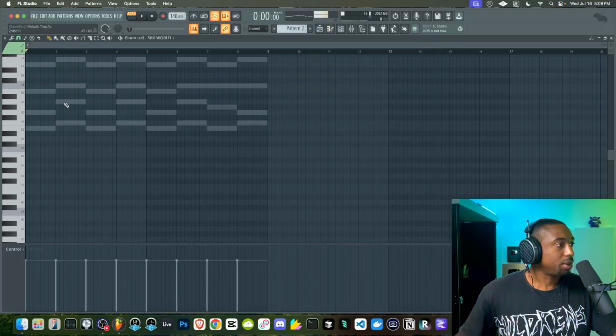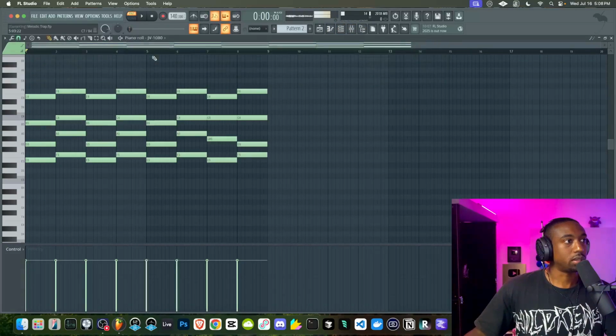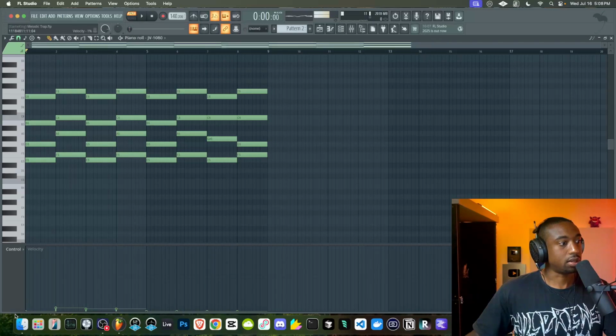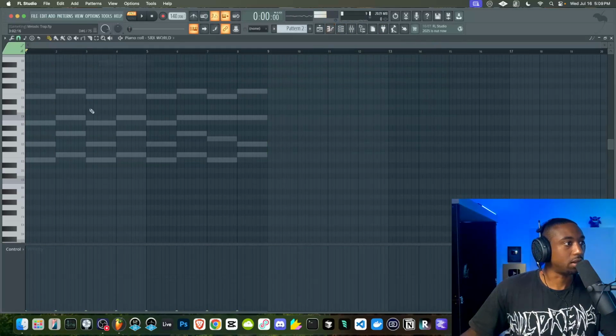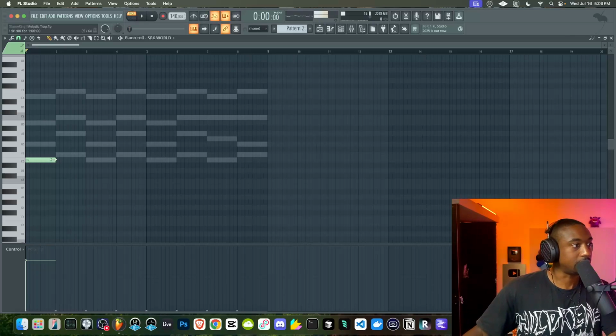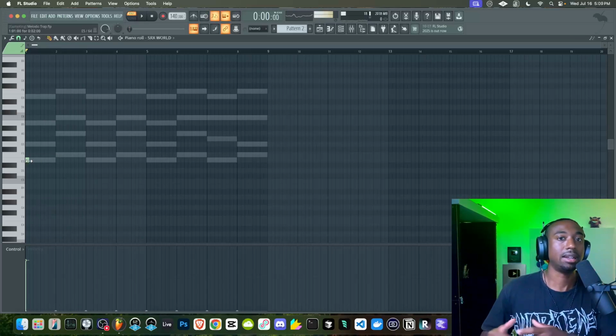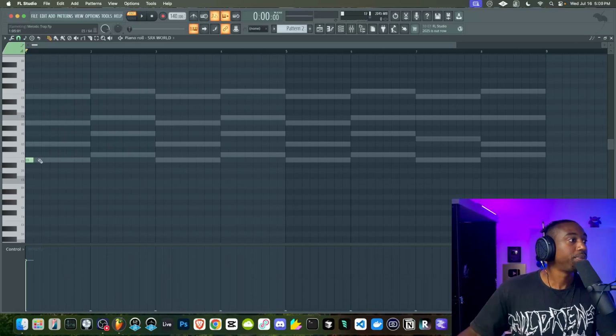So let's right click, go to the piano roll. And now we can have these as ghost notes. So what I'll do to turn off the volume is go to the velocity, turn these all down to 0. So it shouldn't trigger any sound, but we can visually see them as ghost notes. And now we can hit Alt, left click to restore the velocity. Now, again, when you guys are playing by hand, you don't have to do all these steps. It's only when you click in notes do you have to do all this stuff.